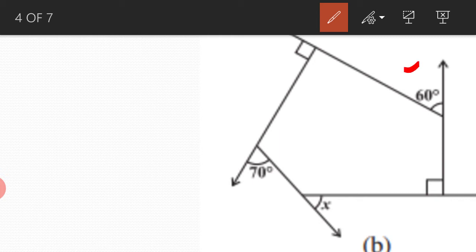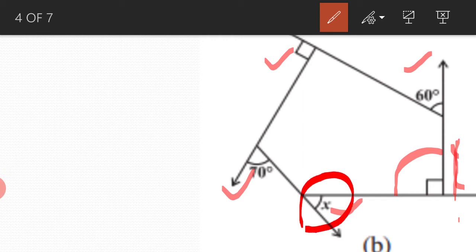So 60 degree. Okay. This it shows it is 90 degree. This is 70 degree, this is x, which we need to find out. But there is nothing about this exterior angle. But instead of giving that exterior angle, what they have given? They have given interior angle and it is a right angle. So can we get the value of this particular angle? Because if we want to find out x,